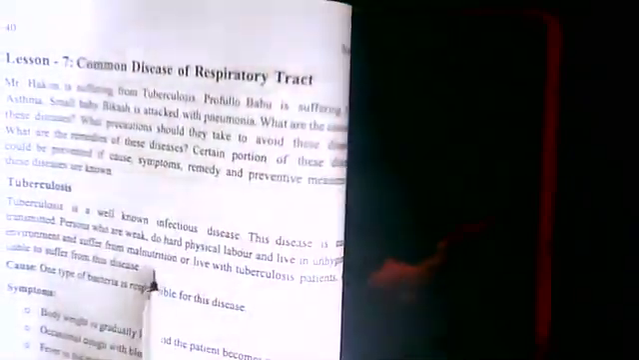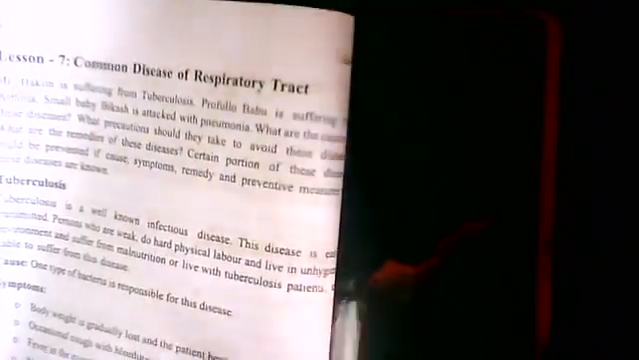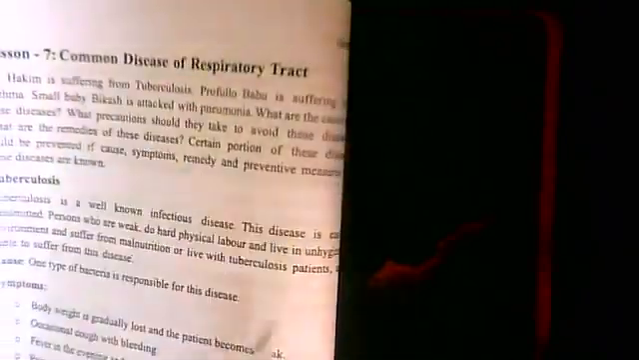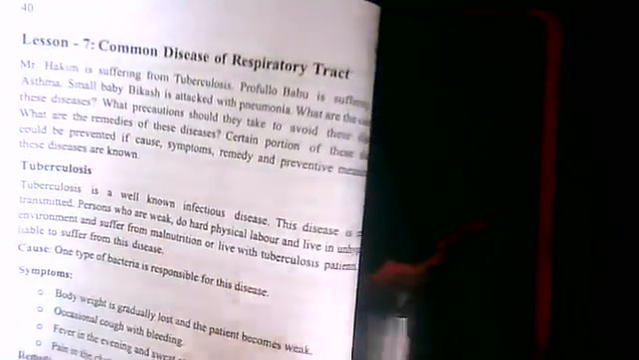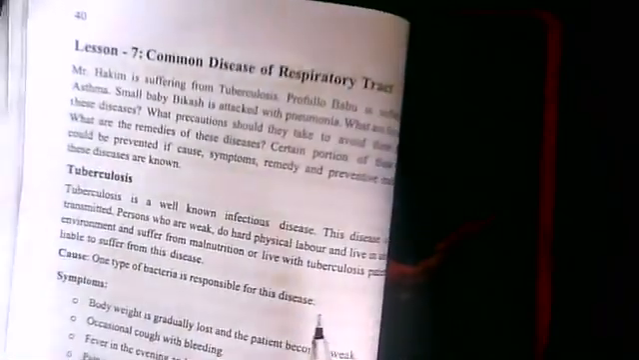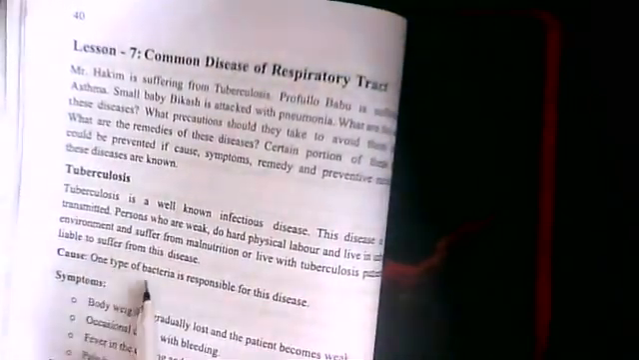Tuberculosis. Tuberculosis is a well-known infectious disease. This disease is easily transmitted. Persons who are weak, do hard physical labor, live in an unhygienic environment, suffer from malnutrition, or live with a tuberculosis patient are liable to suffer from this disease. Cause: one type of bacteria is responsible